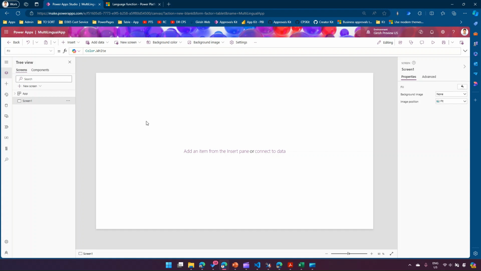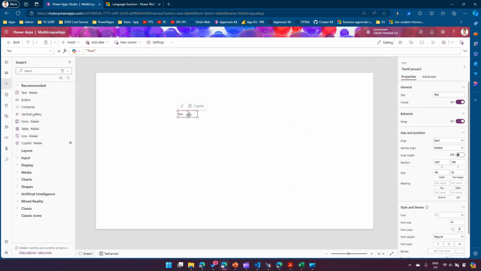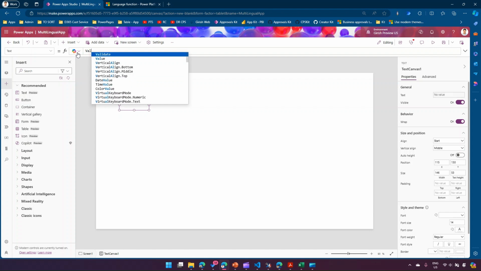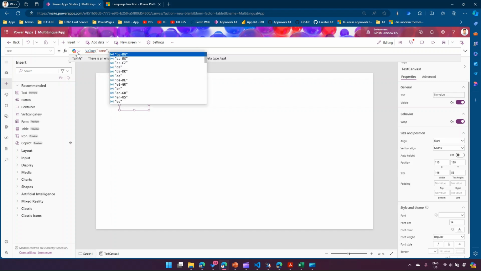But I'm going to show you and touch base on some of the important language related fields which you can use within your Canvas app. To start with, we'll first click on one text button. Now, this text button is a simple text button, and here if I just type in value, and then I'll put some text, and then here, once I put comma, I will be able to see all the supported languages within this